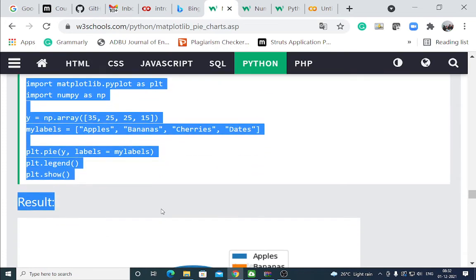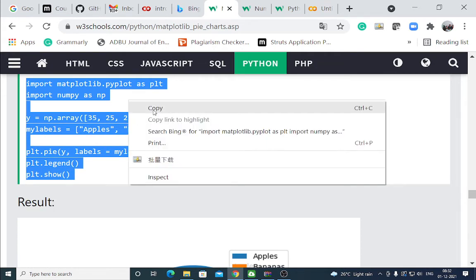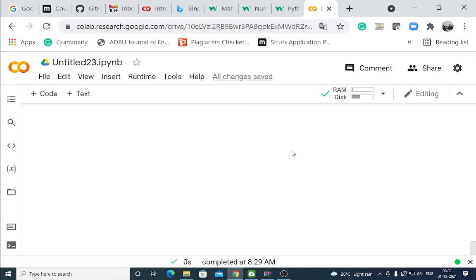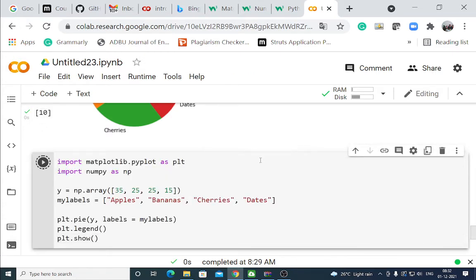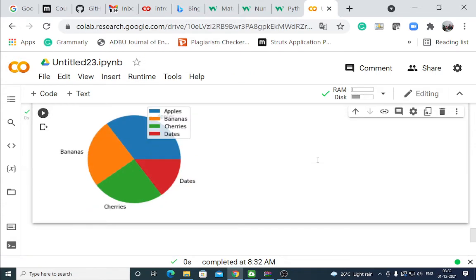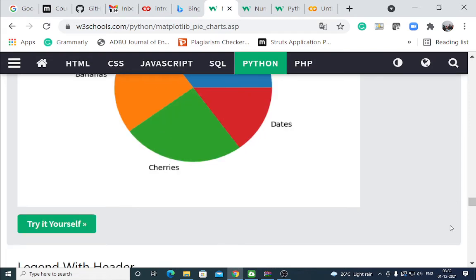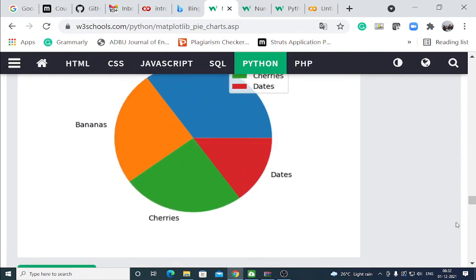See the output. It will give the explanation for it. Like that, you have to complete all these two tutorials: matplotlib and